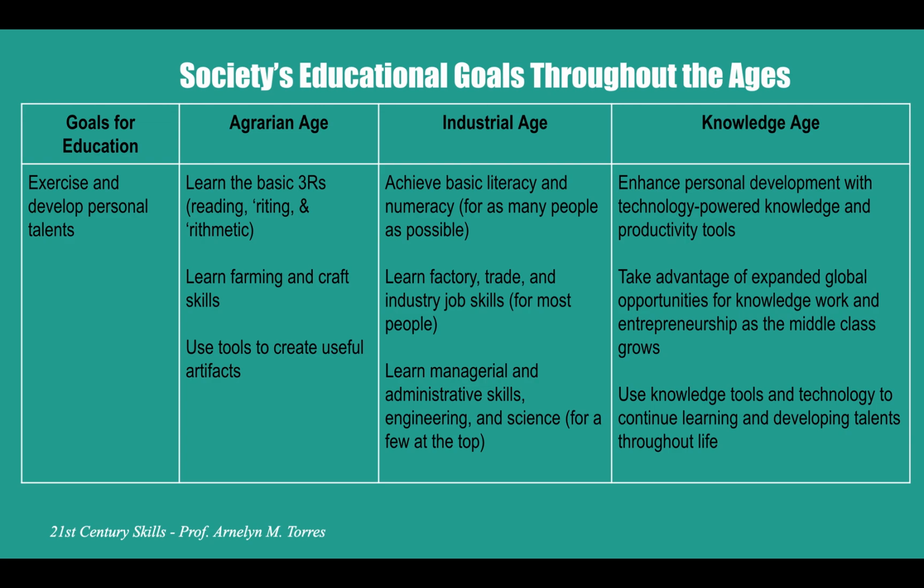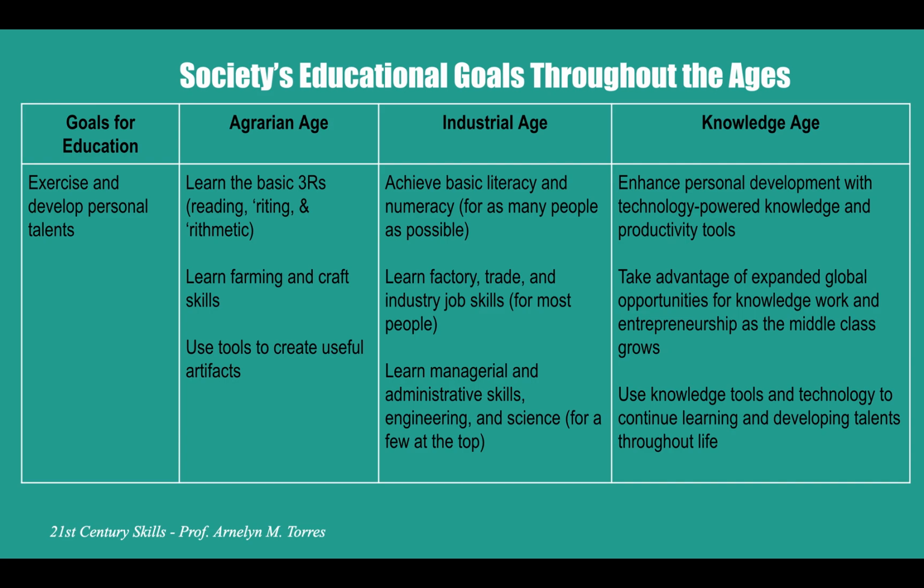Another goal would be to learn factory, trade, and industry job skills. So for most people, in order for them to sustain their basic daily living, they have to learn how to work. And working would mean learning how to do factory work, such as being in an assembly line, or knowing how to do some industry job skills, such as maybe mining, or another job skill would be sewing, okay,